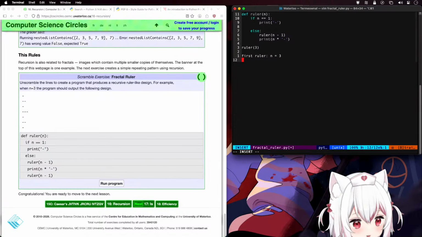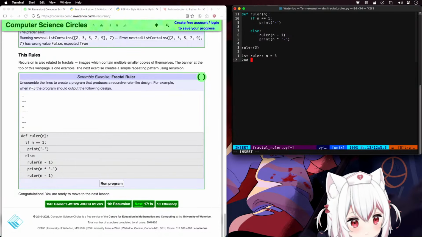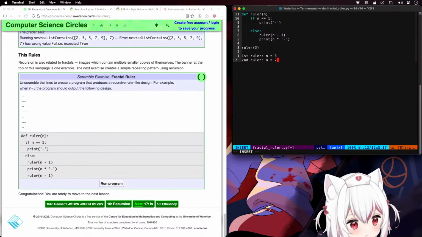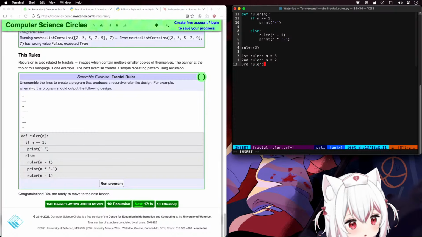N equals 3. Second ruler, n equals 2. Where n equals 2 and doesn't equal 1, so the third ruler, n equals 1. And in that one,